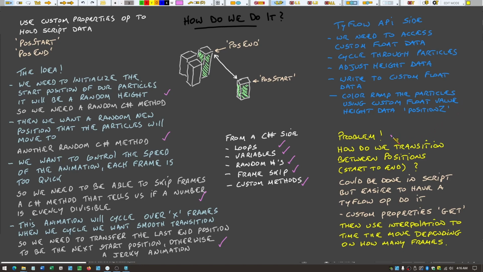Now, one of the problems here would be, when we have a start position and then an end position, how are we going to move from start to end? We could do it in code, but I took a good look at it and thought it's probably easier just to do it with a custom properties get operator, and then to adjust the time, like say we set our frame skipping to be 20, then we just adjust the interpolation until all the movement stops just before that 20th